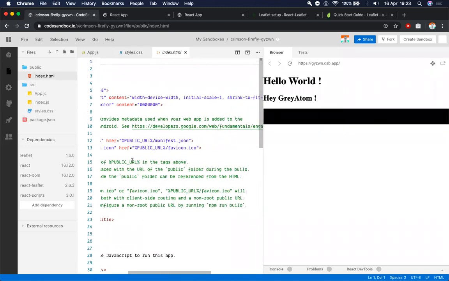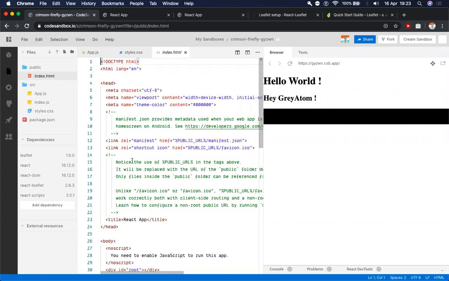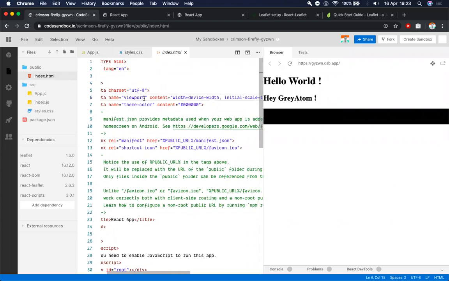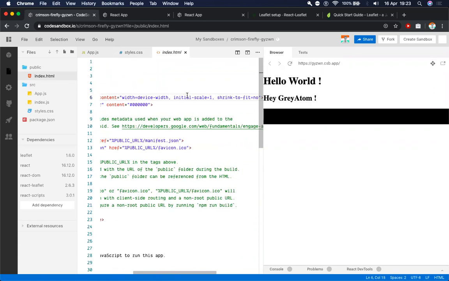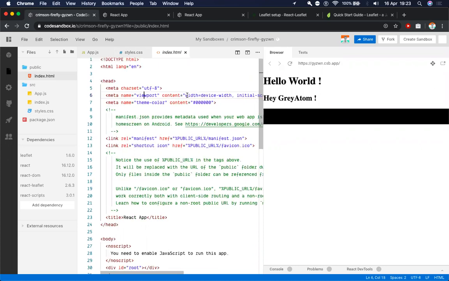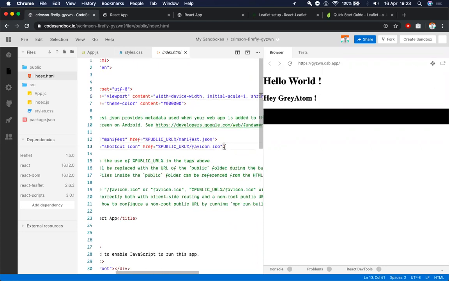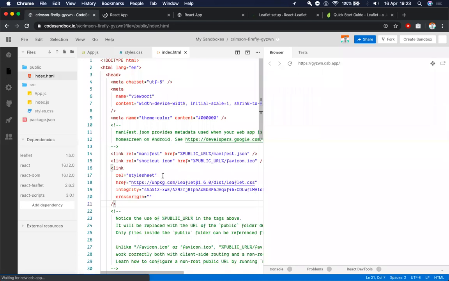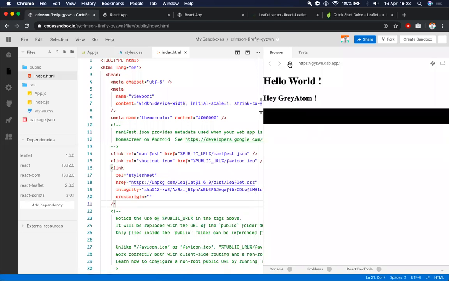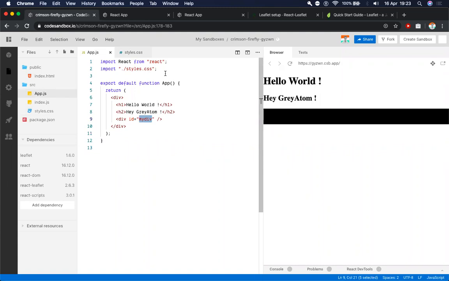By default, they aren't really importing anything, but they've just defined our viewport width, which is according to the device width and initial scale one, etc. You might know this from working with responsive web design, so I won't really describe it here. What we need to do is add Leaflet's CSS over here. So I've just pasted it in here and saved it. That should be the basics to getting started with Leaflet, but we haven't actually implemented or imported any of the Leaflet code right now.